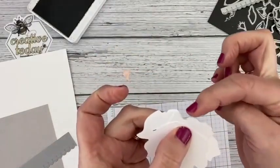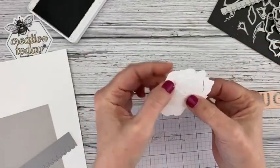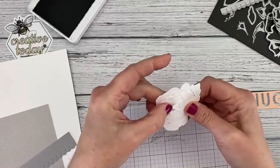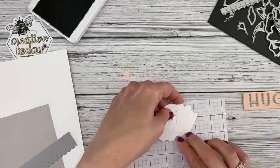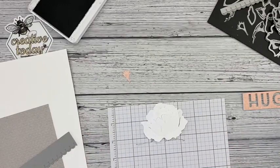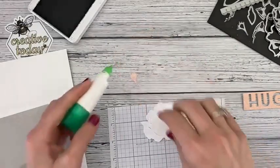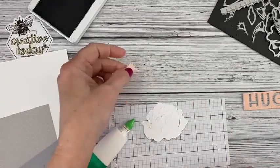all lined up, that little curve and then the point, and that's what I use as my guide to put this together. And so there's my flower, and then I'm gonna set this down a minute and grab my liquid glue, and let me make sure it's gonna come out today. Yep, there we go. All right, I'm gonna take a teeny bit of glue and attach the center of my